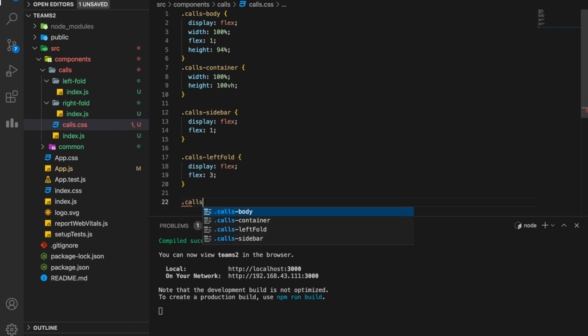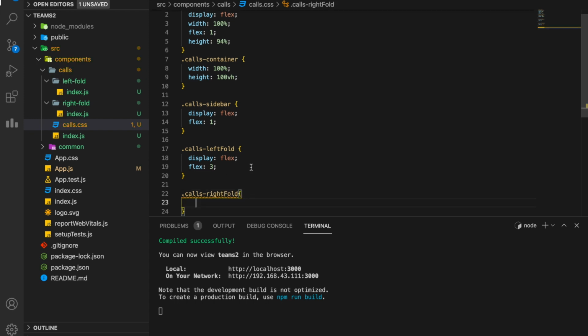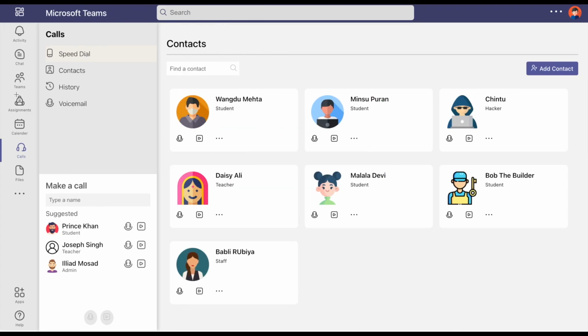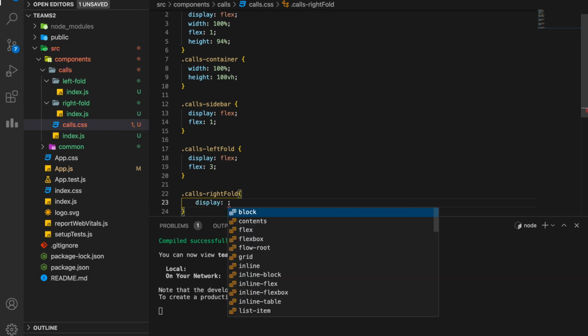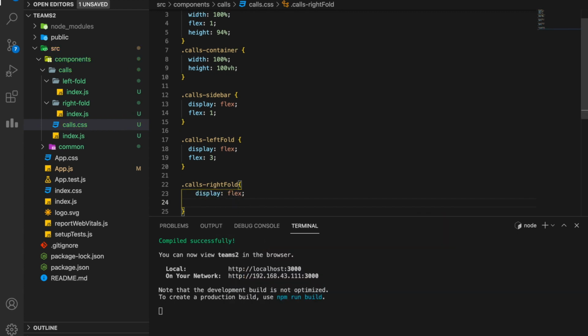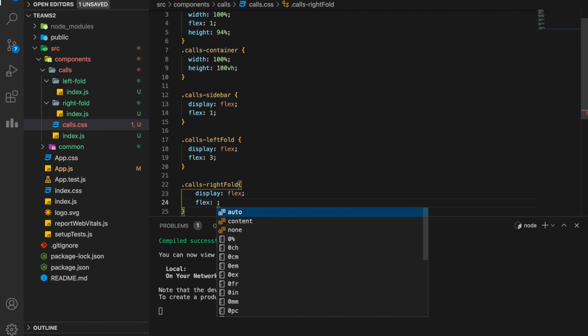And the calls right fold. Now if you see, in comparison to this sidebar, this right fold is approximately 10 times bigger, or as per I think it's 11 times. So I will give it a display property of flex and a flex of 11.